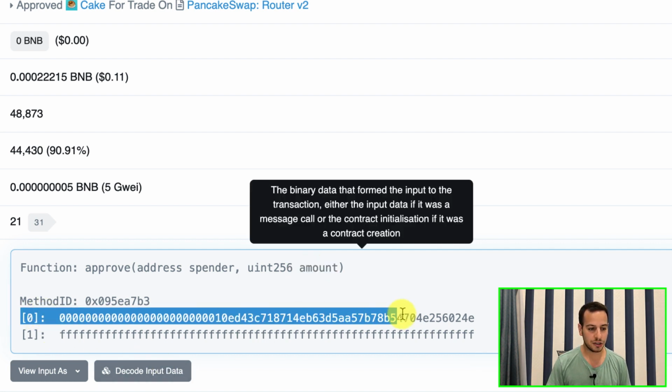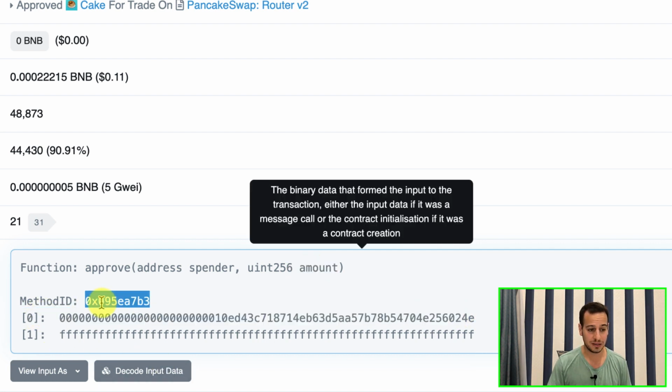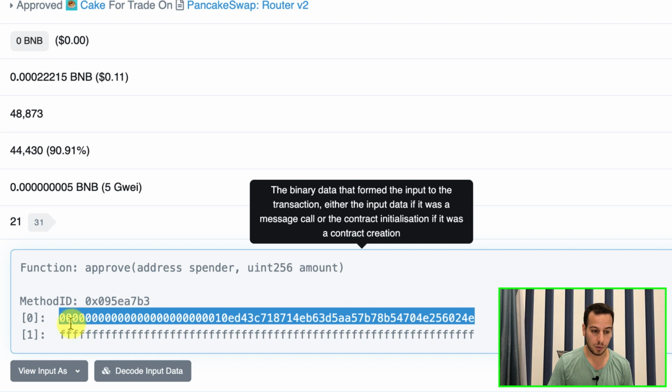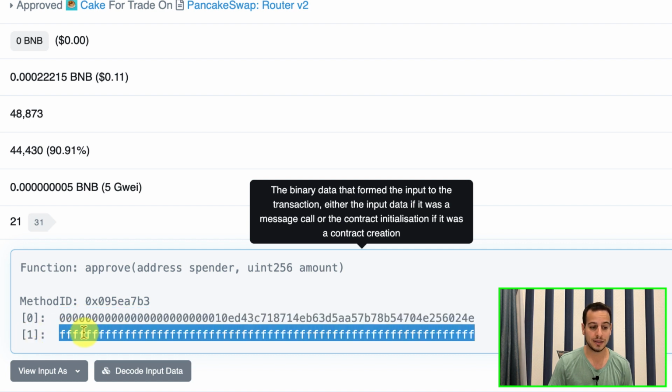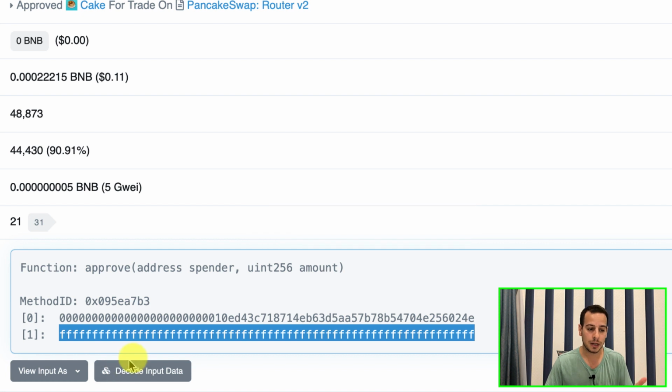And now you can see here two arguments. This is the method ID. Every function has an ID, and then argument number 0, which is the spender, and then argument number 1, which is the amount. But this is not very easy to read because it's in hexadecimal values. So in order to see it in a more human readable way, we'll click